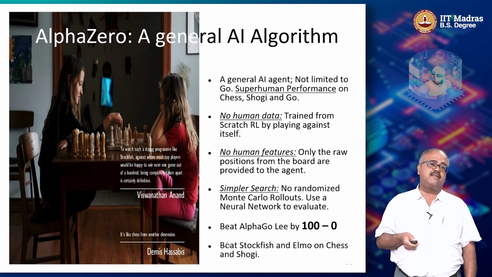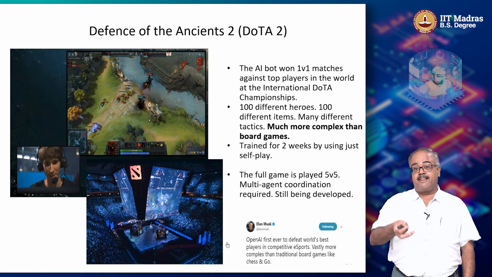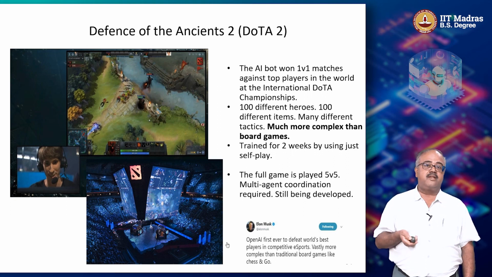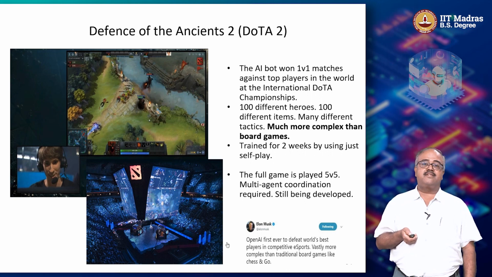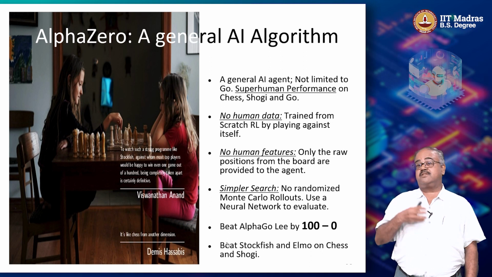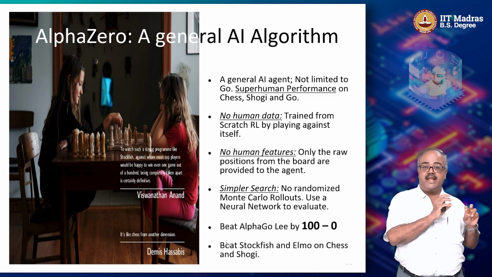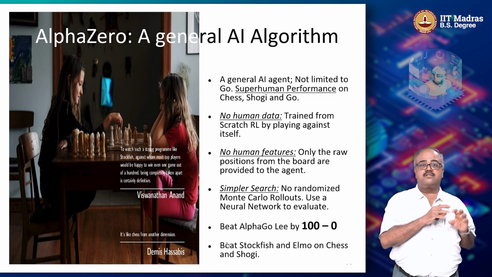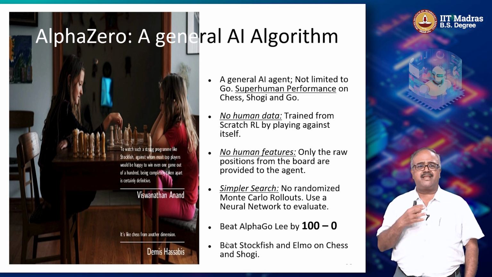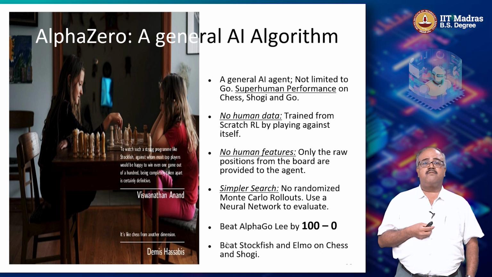And likewise, there are so many other success stories, playing strategy games in actual match play, and winning against humans in a competition, not just one-on-one, but actually taking part in the competition and winning. And likewise, there's AlphaZero, which is called a general AI algorithm, which can learn to play any game, as long as you set up the rules of the game beforehand. So it could play chess, it could play another strategy game called shogi, and of course it could play Go.